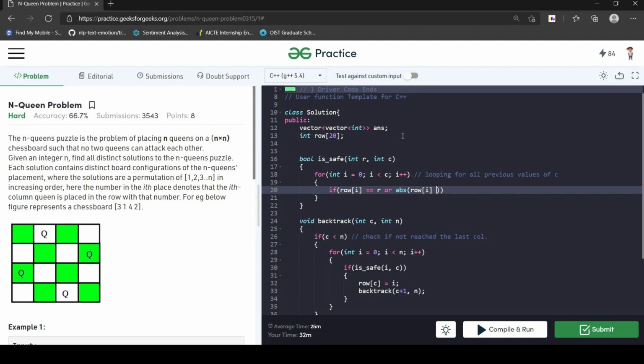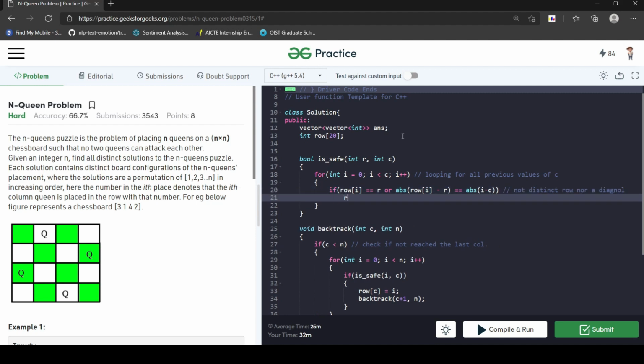So if row of I equals R, or row minus R equals absolute of I minus C, not distinct row, nor a diagonal, right? Not distinct row, and not a diagonal. Then what we will do, we will return false.